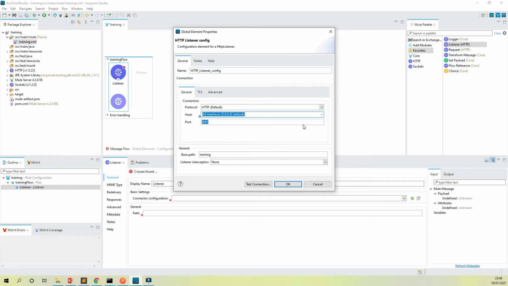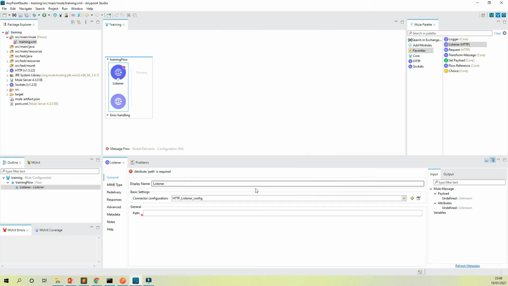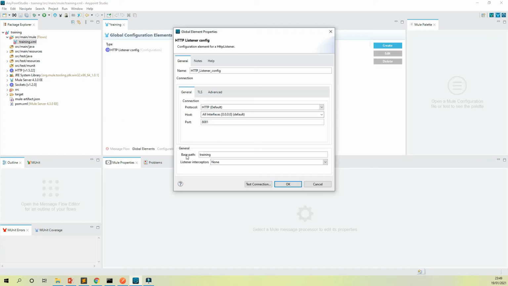What we are trying to do at the end of the day is generate a URL that will be something like http, localhost, the port is 8081, then the base path is called training,